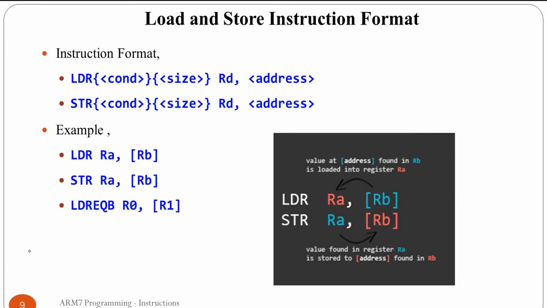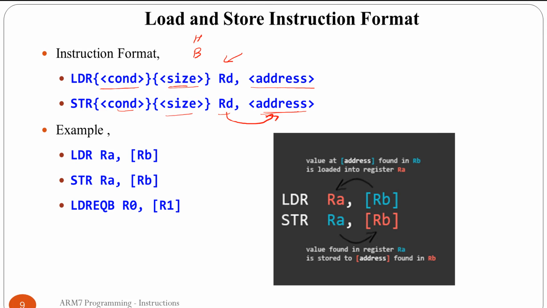Now we will study the basic operation of load and store instructions. So this is the instruction format. Load register, then we can specify a condition also, then the size of data that you want to load, that is byte or half word, etc. Then Rd, and then the address from which you have to load this particular data. Now these are single register load store, only one register will be loaded, that is 32-bit data is normally loaded. Then again the store instruction: store, condition, then size, then Rd, and then address. In this case data is transferred from this register to the address mentioned.